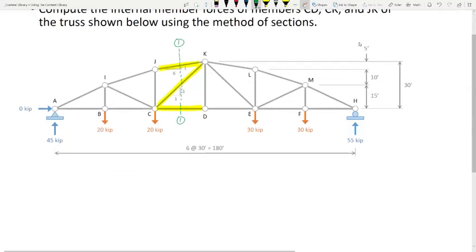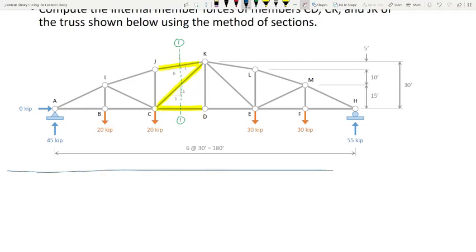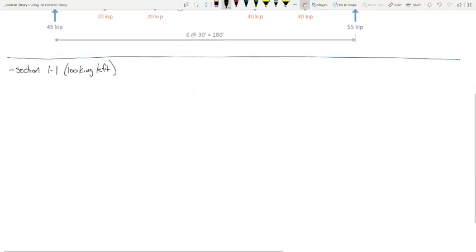It's going to take me a little bit, but I want to do this as accurately as possible. So what we're going to do is say section 1-1, and we're going to say looking left. I'm going to redraw all this, but I'm going to make a note before I draw this. Note: all members assumed to be in tension,